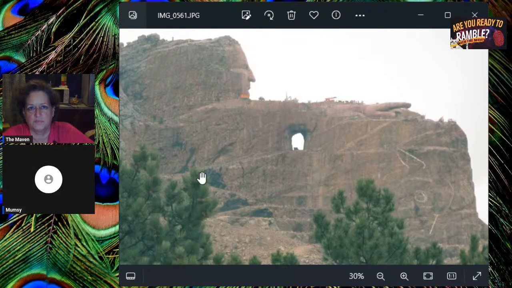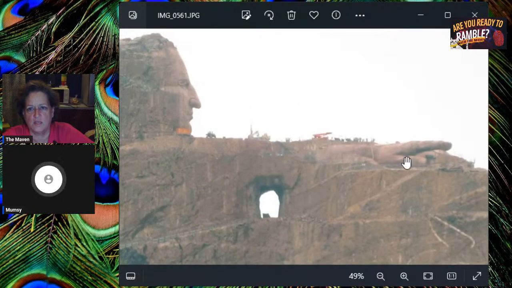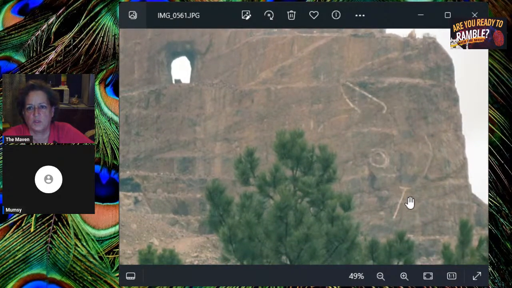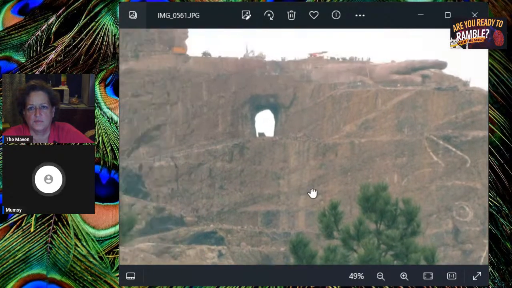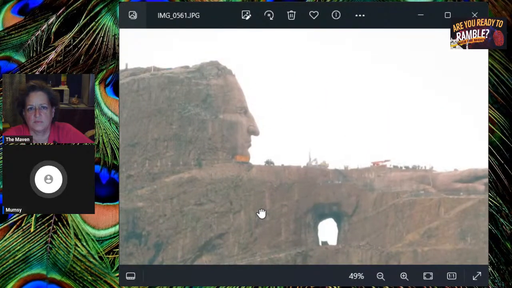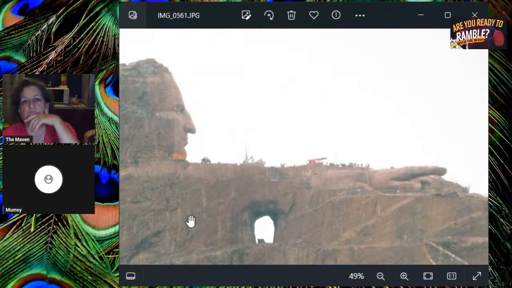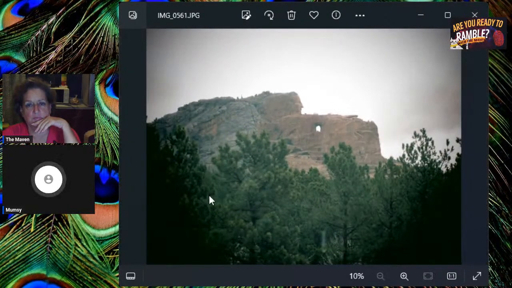In case anybody doesn't see it, go ahead, Mom. Crazy Horse. That's the Crazy Horse monument that they're building. You can see his finger right there. And then you see the shape of where the horse is going to be here. But David was saying that he saw the other side of this monument, which they don't really show. That's more in detail as to what it's going to be like. They haven't started working on this side yet. And people in the summertime, they can go up there and actually do some work.